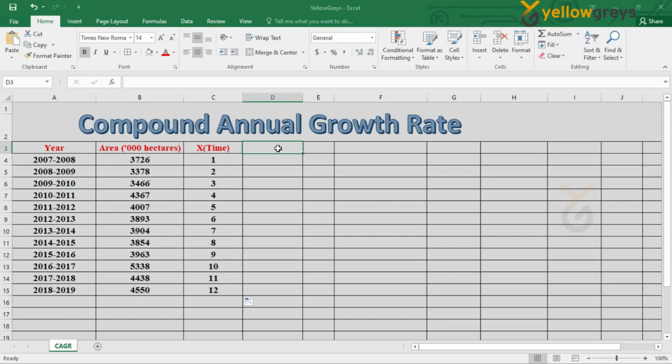Dependent variable y represents the log value of the particular data which we had taken, because the estimation of compound annual growth rate is based on exponential function.